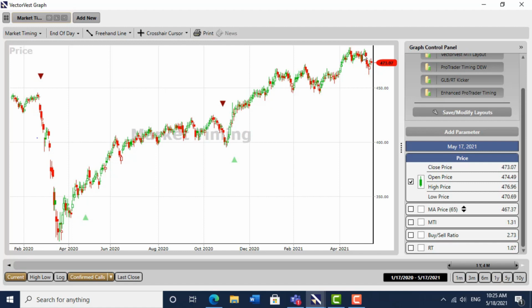But as you can see, over the last couple of weeks, the short term trend has been down, and VectorVest is advising that we sit on our hands, don't buy any stocks until the short-term measure of the trend, we hope, rejoins the longer-term measure of the trend in an upward direction. I'm still very positive, but I tend to be overly positive, as many of you will know. Now,